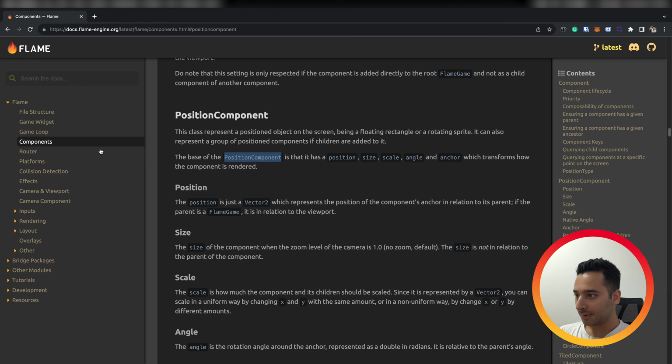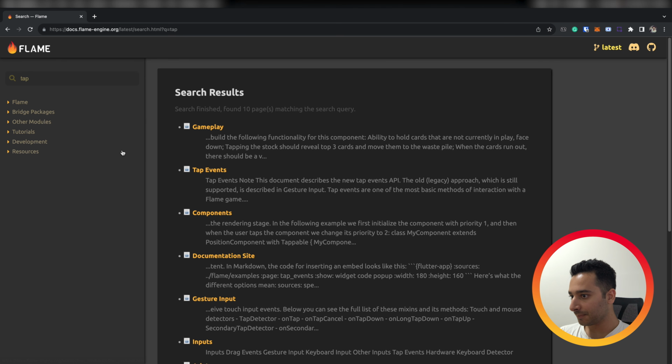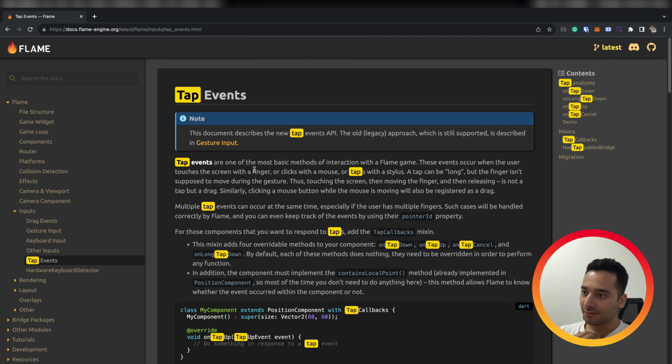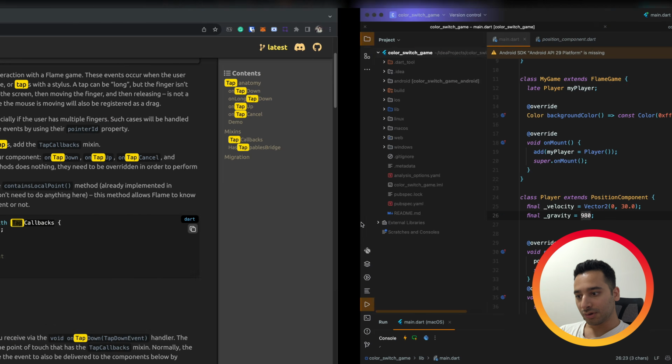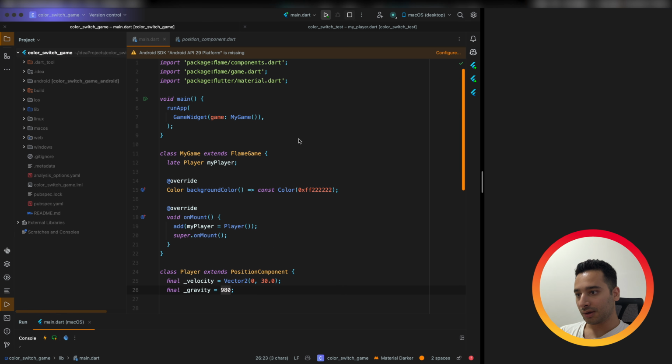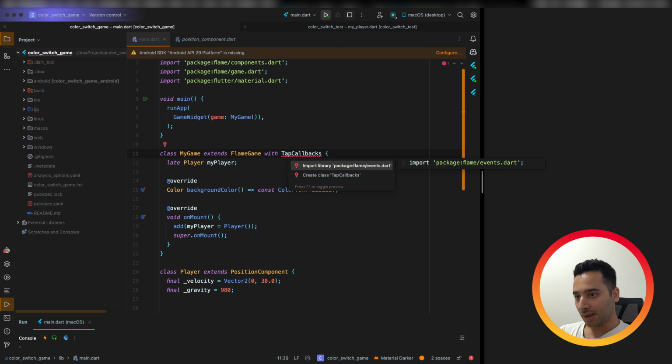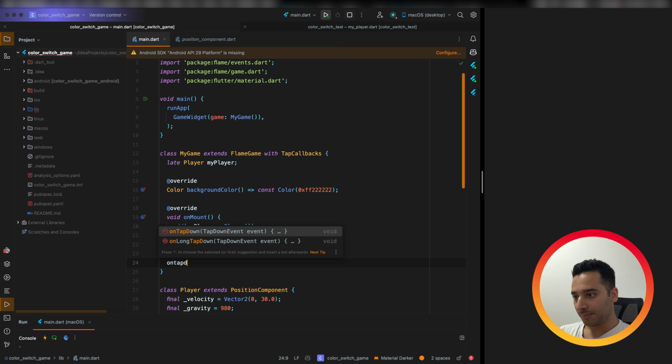So let's get back to the documentation. If you search for tap, you see we have a tap event. You can add this mixin in your component, and after that you have onTapUp or onTapDown. So let me add it here, TapCallbacks, and we have onTapDown.